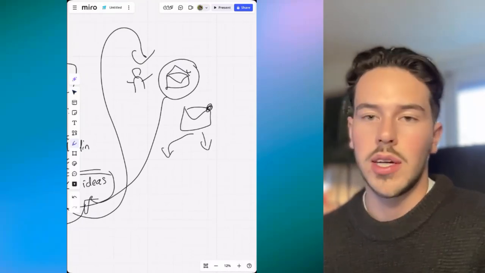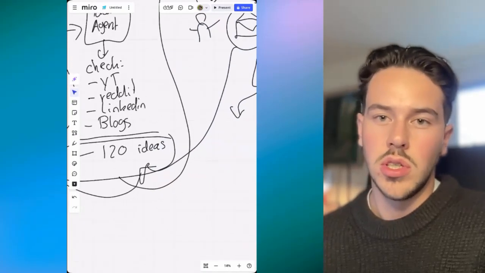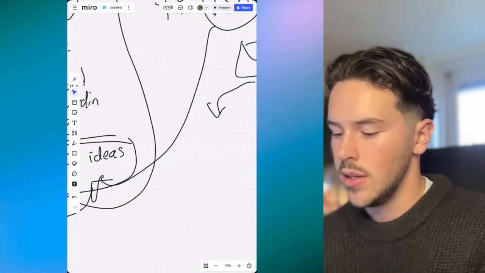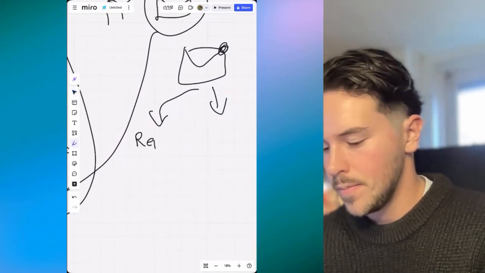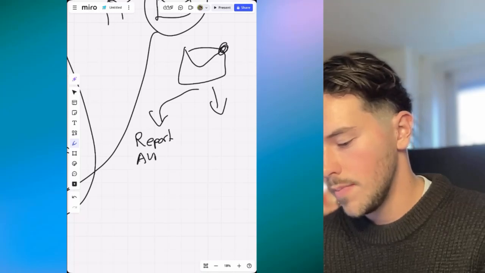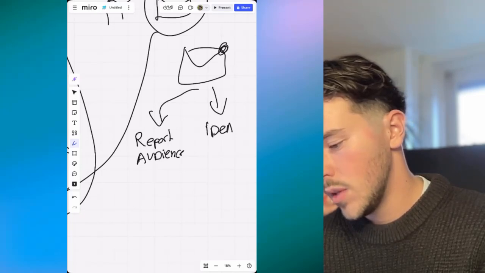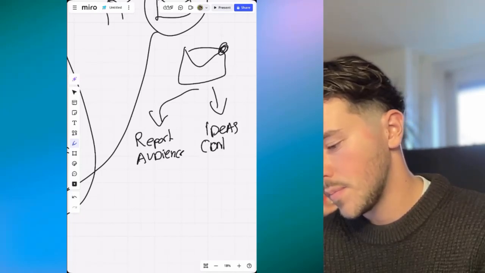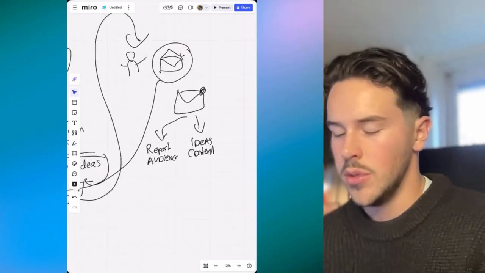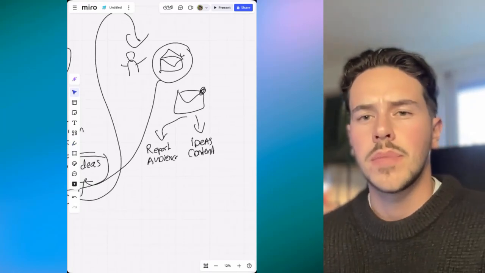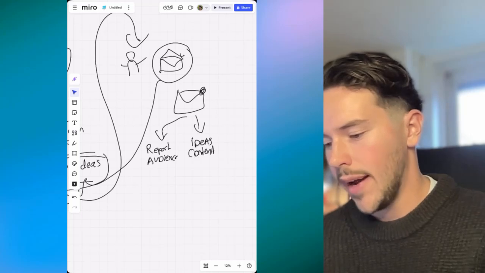We got an order, for example, from a boy for making a new audience research, idea generation research, and content for this specific audience. So we get a report for the audience and the corresponding ideas for the possible content we're making. And that's interesting because we can just look through that email and think, okay, I don't like this part, or I do like this part, and we'll just send an email back.